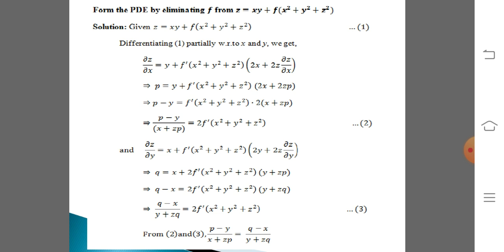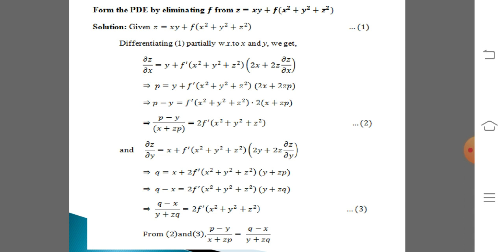Let us take up another important example. Form the PDE by eliminating the arbitrary function f from z equal to xy plus f of (x² + y² + z²). So here the given equation contains an arbitrary function f. Okay, so to eliminate f,